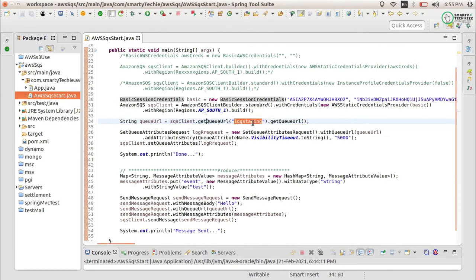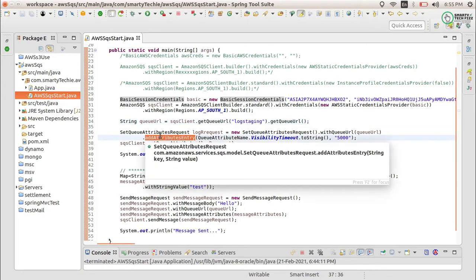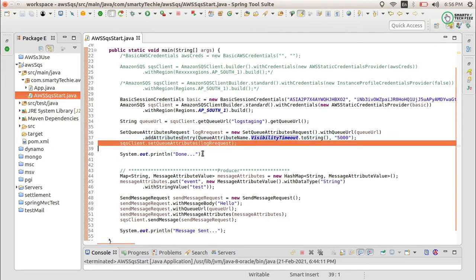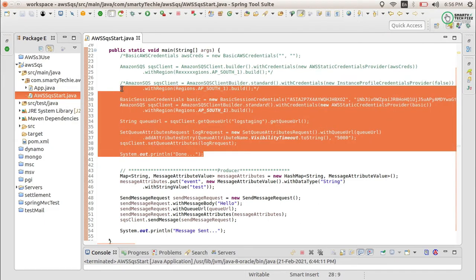So this will be the queue which I will be using for sending or receiving the messages. And I have set the attributes request, that is I want the visibility timeout of 5000. I have already explained what that means and why we have to do it. And here we have set the queue attribute, and that is how we have set up the SQS client.